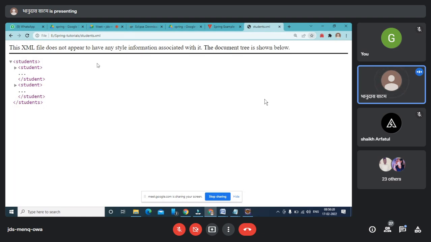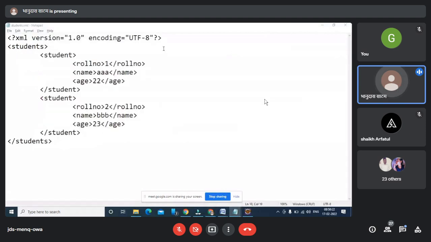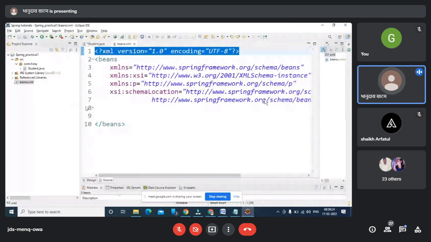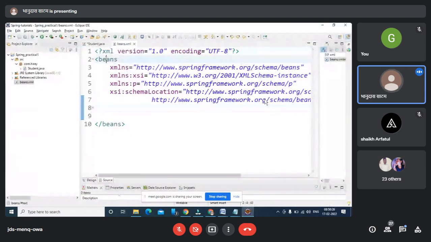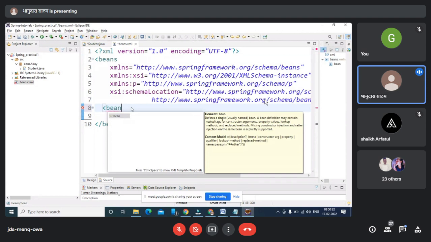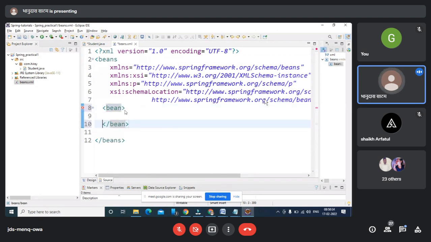Okay, so here let us move to this. I want to create a bean. So beans is already there. I want a second bean here. I'm choosing a bean and I can create n number of beans here. So I know the attributes. You can put the attribute inside, or you can create those attributes as a tag. So there is another style. I'm going to create an attribute inside.